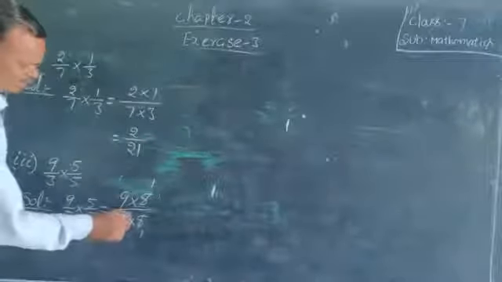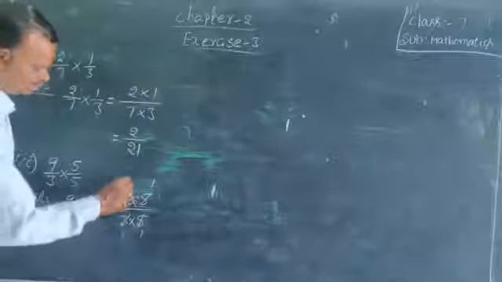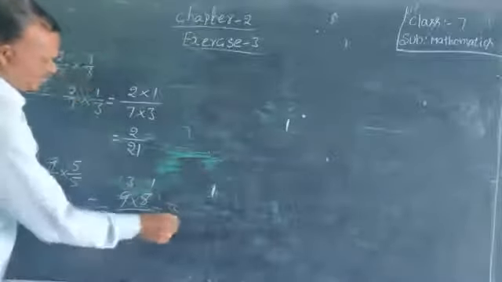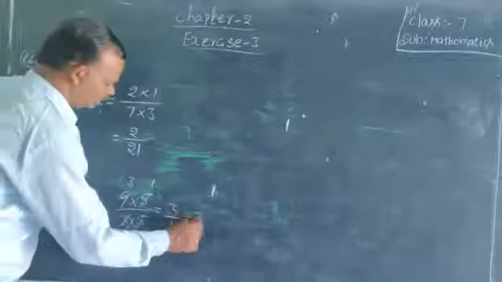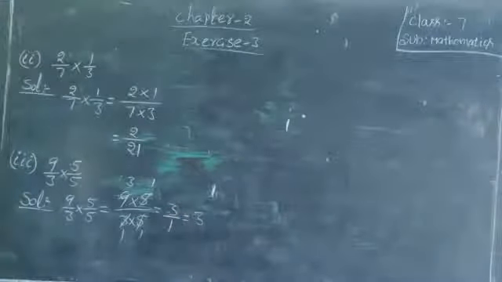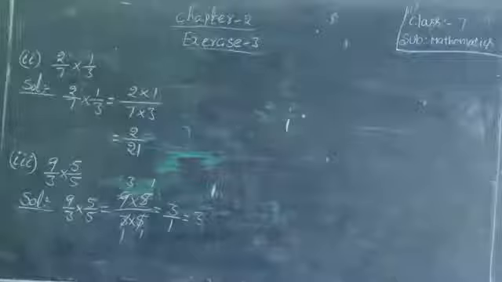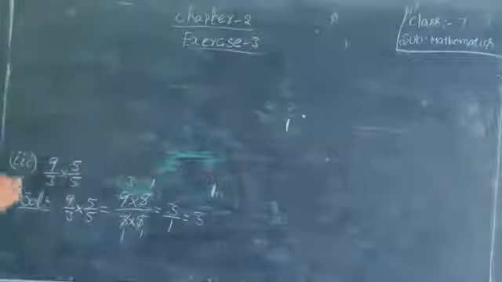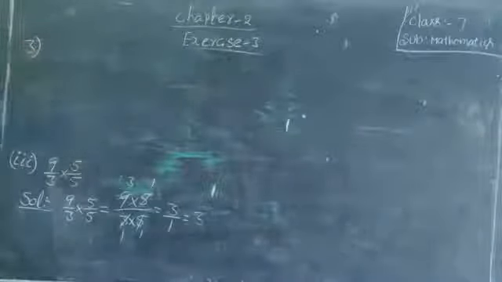Again cancel the third table. 3 1s, 3 3s. So 3 by 1 is equal to 3. So the value is 3. And the third sum, third Roman,